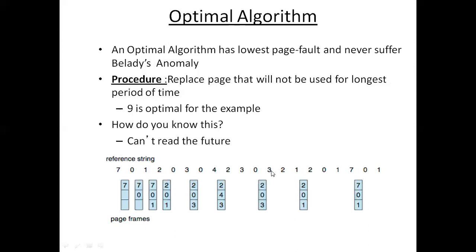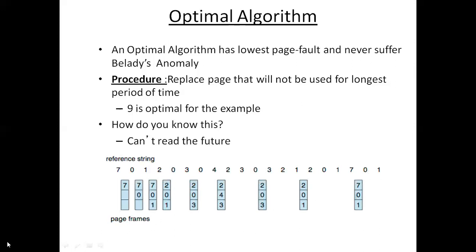Happy? Now page 3 is required, already there. Page 2 required, already there. Page 1 is required, which is not there. So look at who will be the victim. Page 2 is wanted immediately, page 0 is required. Page 3 is not at all needed. So remove page 3 and put page 1. Done. Now page 2 is already there. Page 0 is already there. Page 1 is already there. So there are no page faults. Page 7 is wanted, which will be made the victim. So remove page 2 because page 2 is not at all required. Then you want page 0, that is there, page 1 is there.